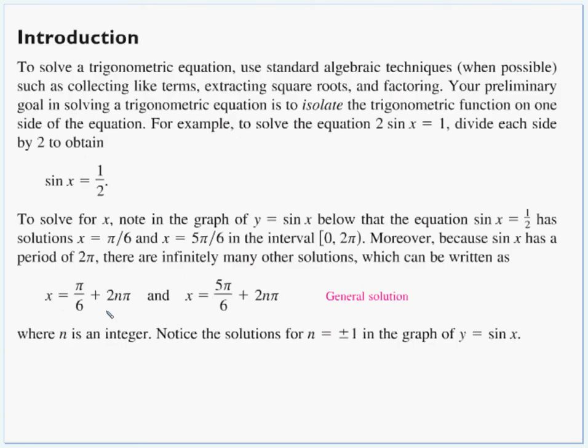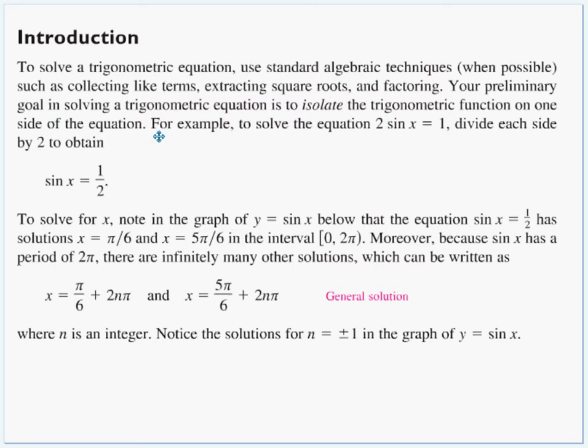We're going to do something very similar now, but we're going to solve for a trig value. The sine of some angle, in this case, is a half. We'll figure out what angles make that happen. So the introduction: to solve a trig equation, use standard algebraic techniques whenever possible, such as collect like terms, extract square roots, and factor. Your preliminary goal in solving trig equations is to isolate the trig function on one side